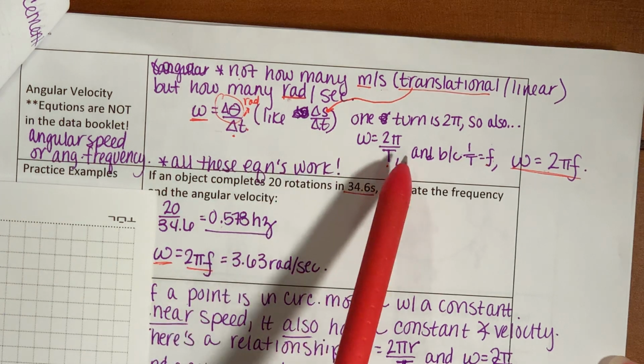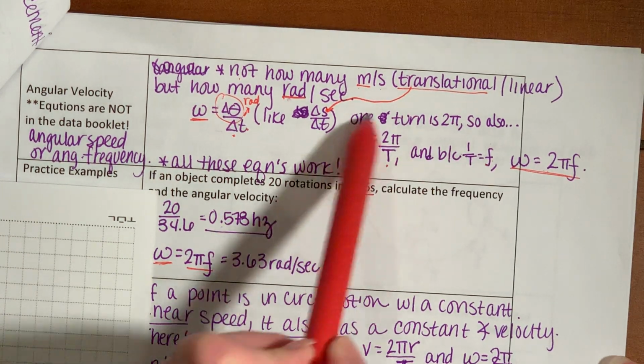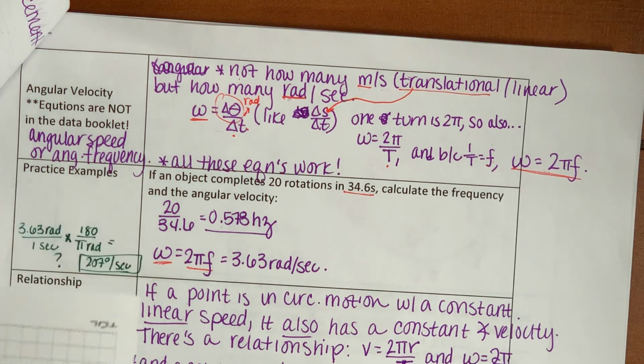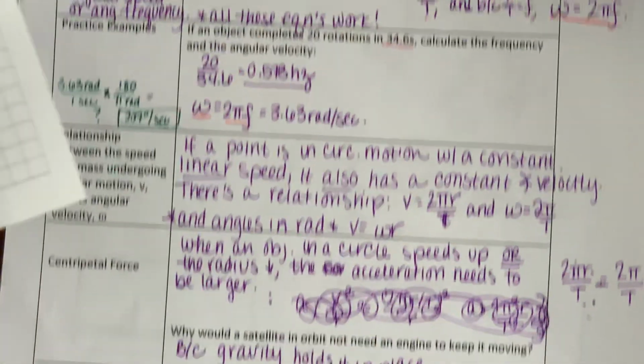Well, you could have taken the opposite and done your period and divided it by 2 pi and gotten the same value. So that would be 3.63 radians per second. Don't forget, you gotta be in radians. So moving on from that,